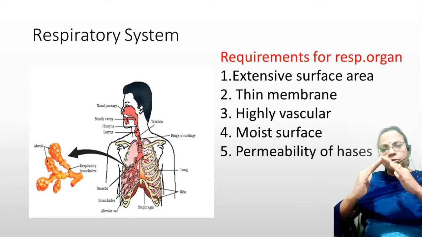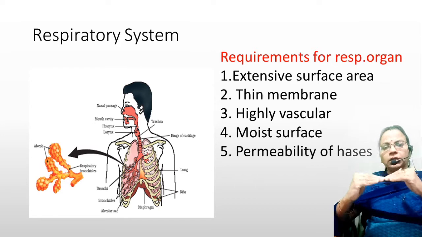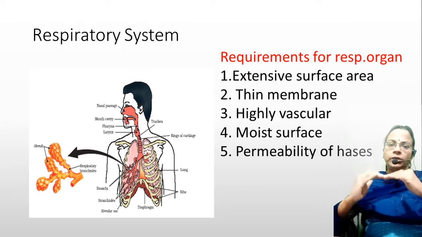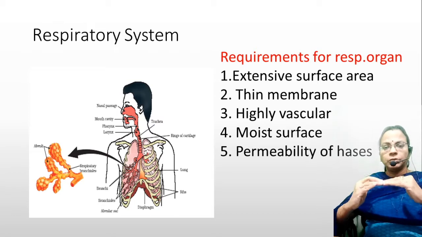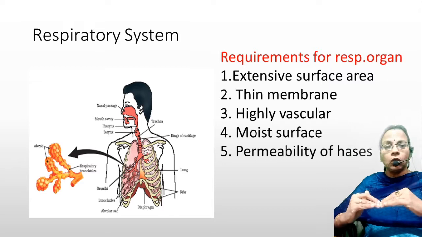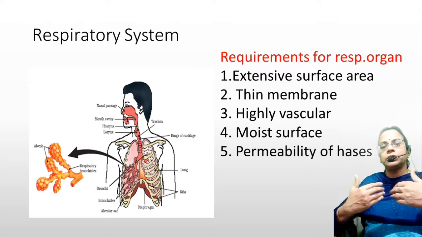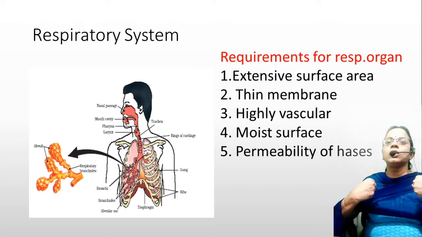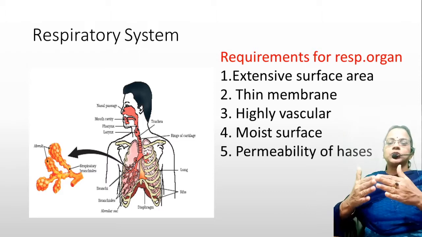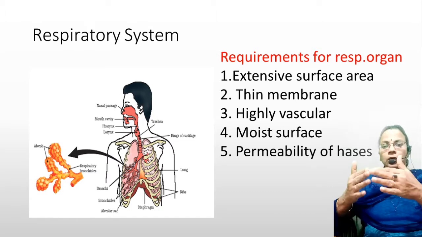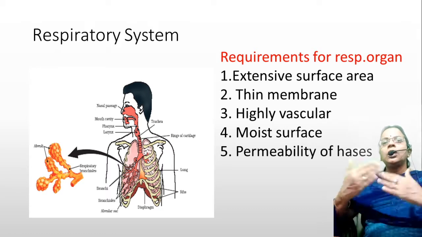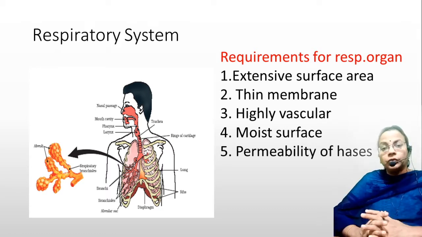So initially it will be like this. When the muscles are contracting, flattening will take place. When it is flattening, the chest volume will increase because of the lowering of the partition. Along with that, the ribs are also surrounded by muscles. The muscles on the ribs will contract. When these muscles are contracting, the rib cage will rise towards the front. So here also the space will increase, here also the space will increase. Net result, the whole chest cavity will increase. So the volume will increase.